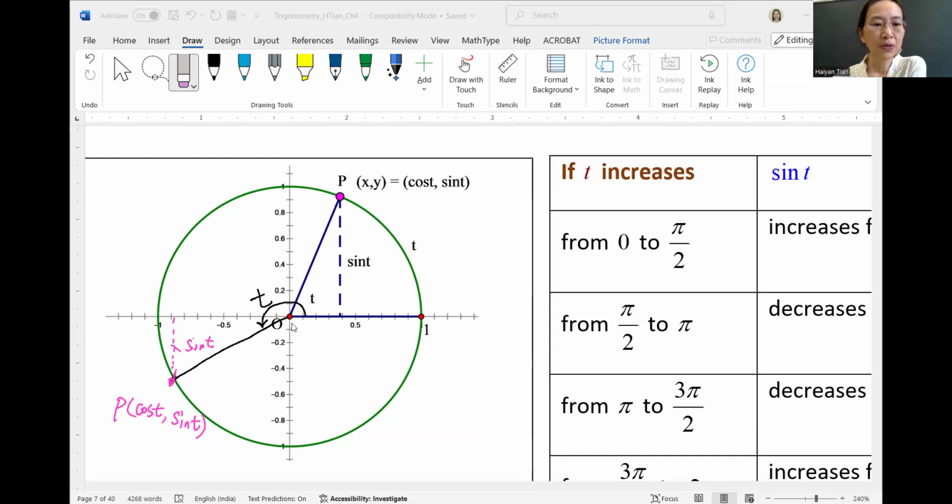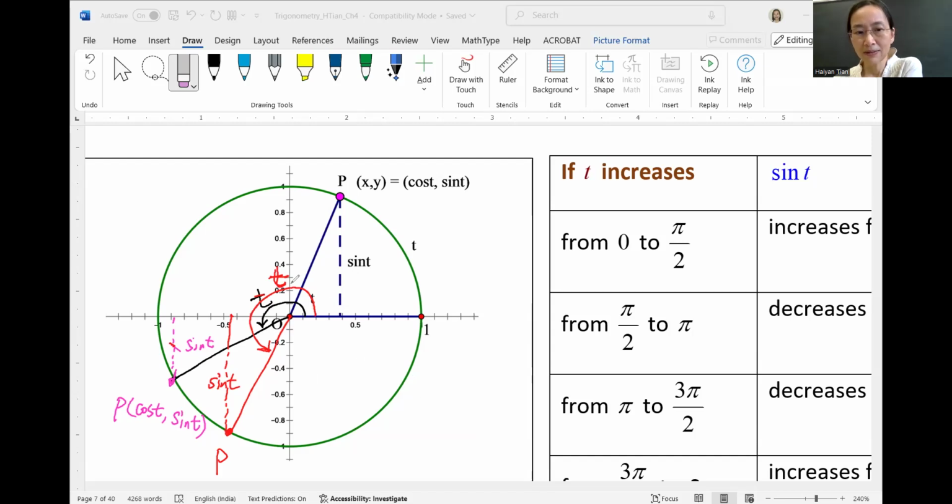And let's draw another t, suppose a larger t. So I go to this spot. That's another t. So we indicate from the standard position, that's the t, right? For this right t, its corresponding sine value is the y coordinate of this point P. So let's just see that sine t. And we see that the previous t has a sine t which is less negative than the larger t. So you see between the t in red and the t in black,